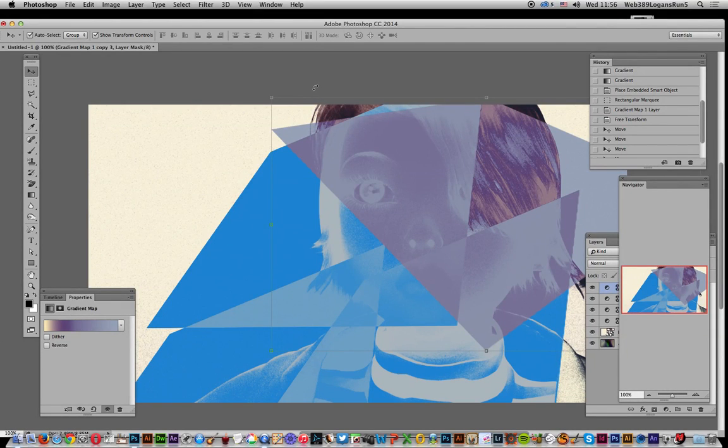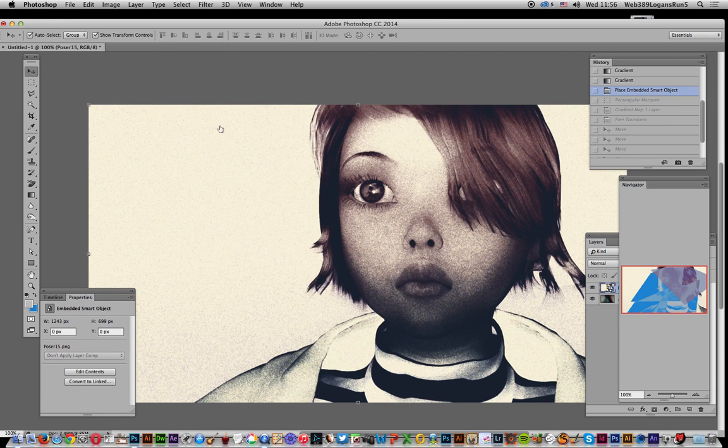Tutorials by Andrew Buckle. In this tutorial I'm just going to show you how you can create an abstract design using an image and adjustment layers and the gradient map adjustment. Now, I've got this image here. Obviously I'm not going to create exactly the same, but I'm just going to go back to the original